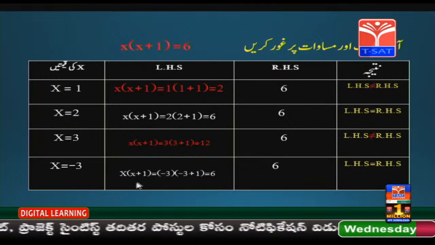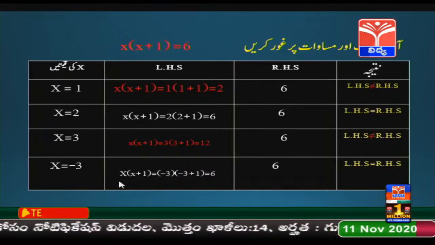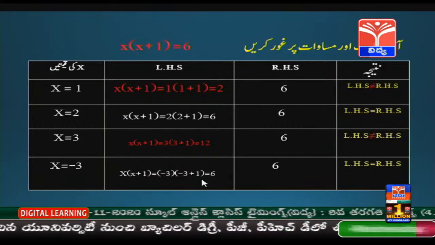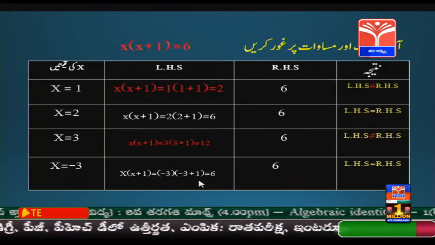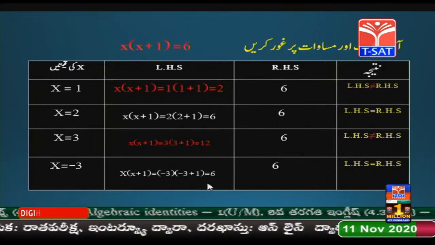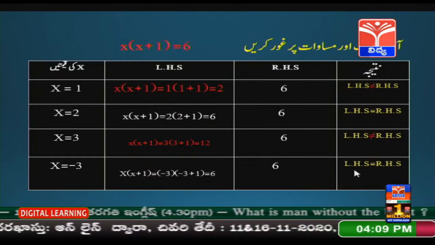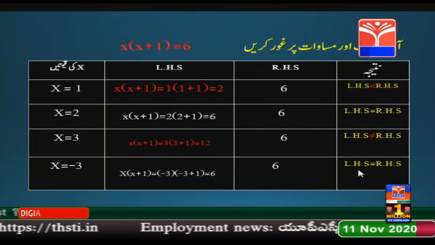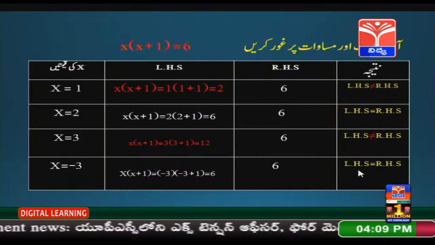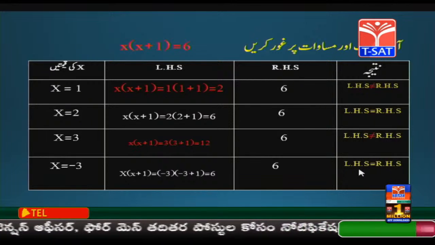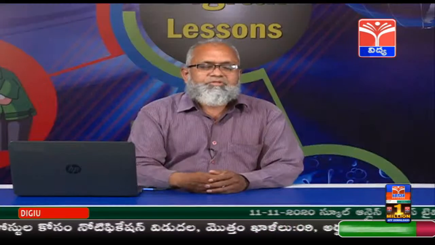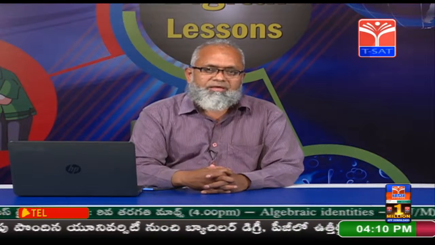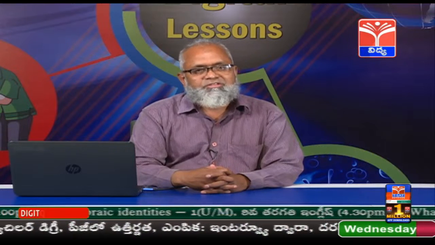ایک اور قیمت درج کر کے دیکھ رہا ہوں میں۔ یہاں پر x = -3۔ تو x ضرب (x + 1) مساوی ہے -3 ضرب (-3 + 1)۔ -3 پلس 1 ہے۔ -3 میں سے 1 تفریق کرنے پر -2۔ -2 ضرب -3، -2 تیا 6، یعنی مائنس ضرب مائنس پلس 6۔ تو 6 آ گیا۔ یہاں پر کیا ہوا؟ LHS مساوی ہے RHS۔ یہاں غور کیجئے بچوں، یعنی بعض قیمتوں پر یہ مساوات درست ہو رہی ہے، بعض قیمتوں پر درست نہیں ہو رہی ہے۔ کیا یہ متماثلہ ہوگی؟ یقیناً نہیں۔ یہ مساوات ہے لیکن متماثلہ نہیں ہے۔ پیارے بچوں، یہ باتیں آپ لوگ جماعت ہشتم میں سیکھے ہیں اور جماعت ہشتم میں چند الجبری متماثلات بھی سیکھے ہیں۔